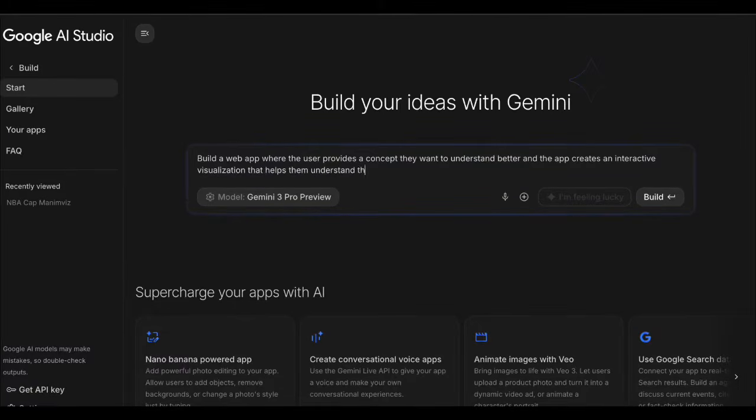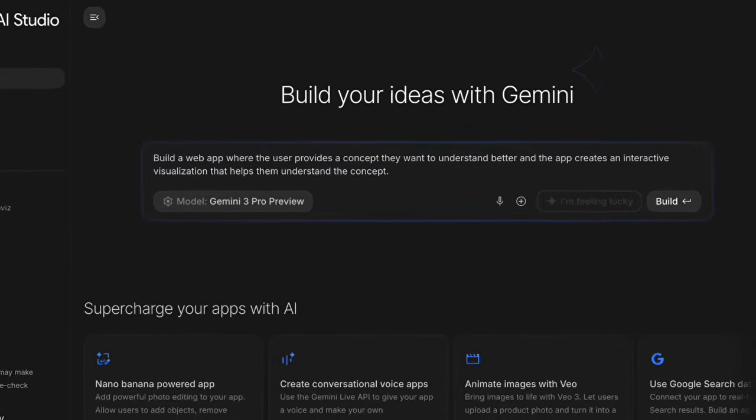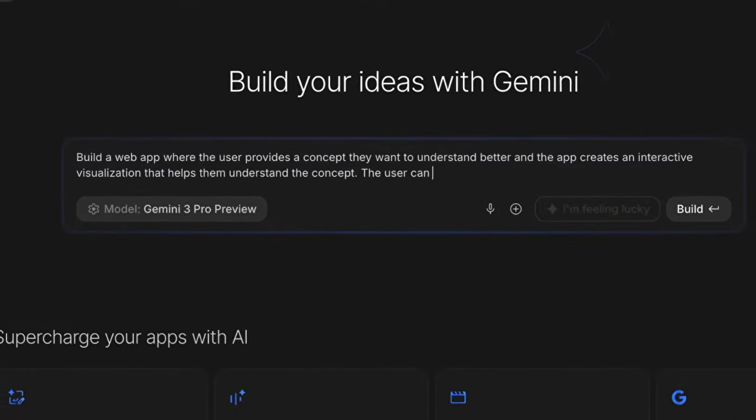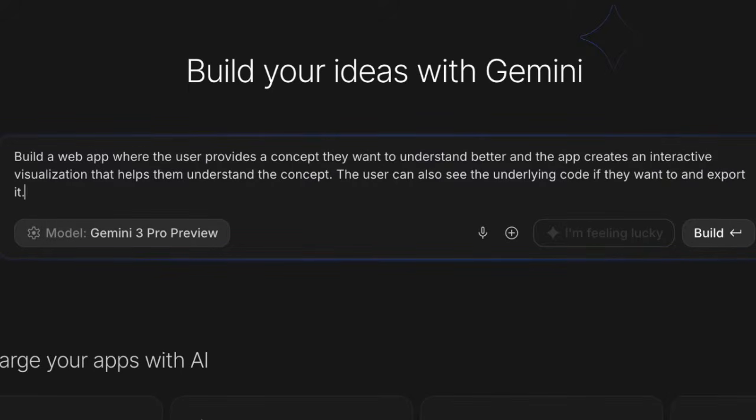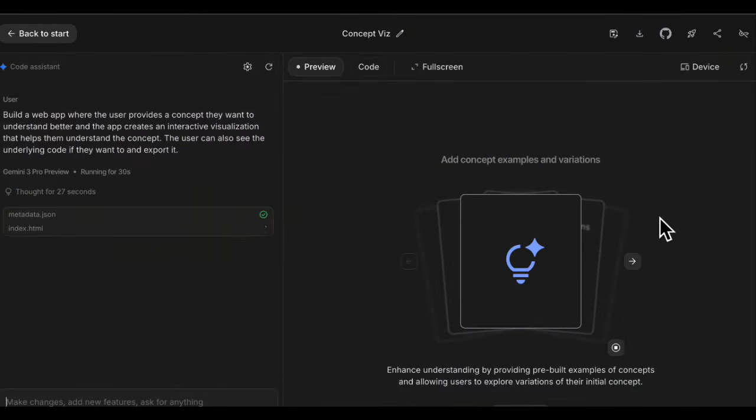We're going to enter the prompt, build a web app where the user provides a concept they want to understand better and the app creates an interactive visualization that helps them understand the concept. The user can also see the underlying code if they want to and export it. We're going to make sure that Gemini 3 Pro Preview is selected as the model and then click Build. It takes a couple minutes for it to build the initial app, so I've sped that up,